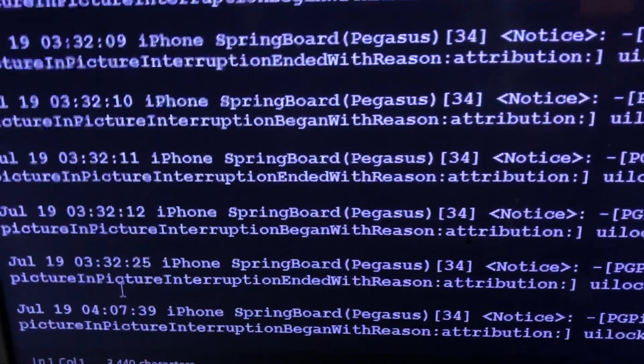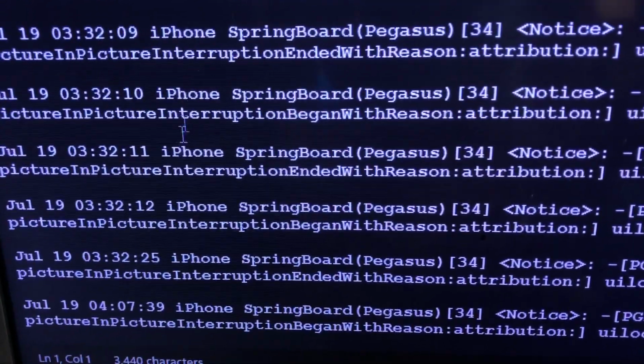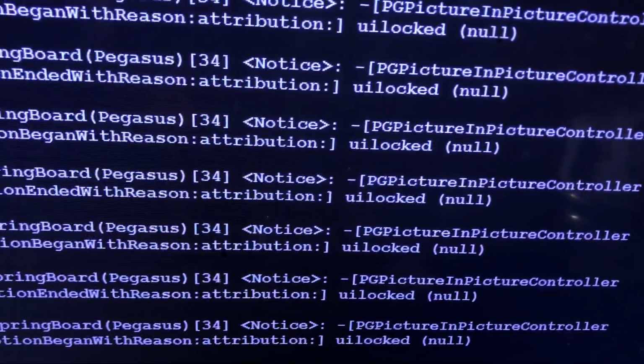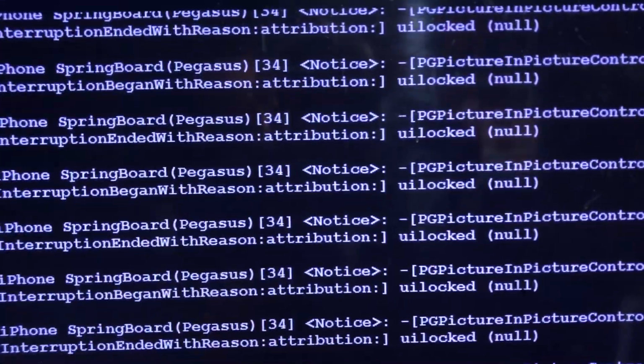That might have been when the internet went out, I guess. I don't know. Because this wasn't working, I guess. Obviously, right? It says UI locked. I don't know. Like I said,